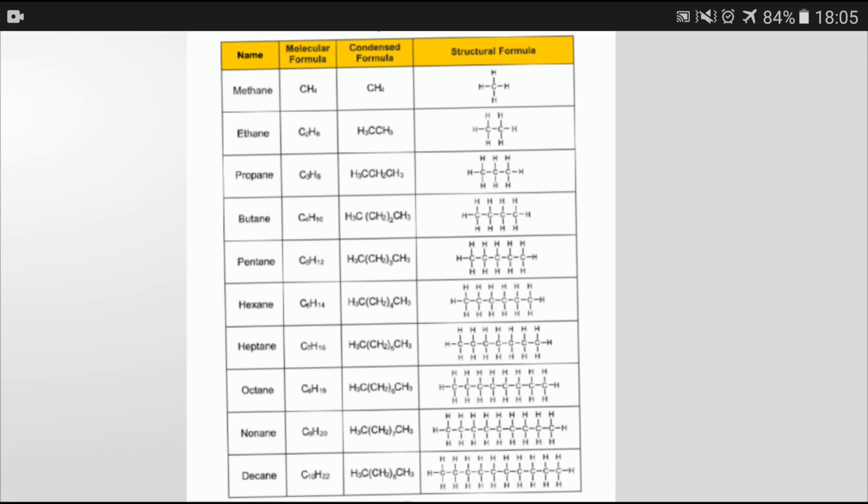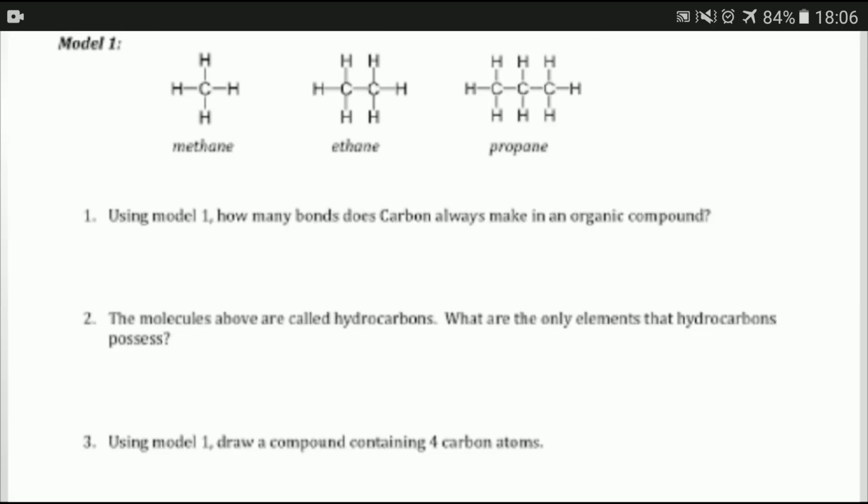First the molecular formula is written. In the second column, the condensed formula is written. There is each group that is attached with a carbon atom, group of atoms. Now last, the structural formula, with the help of single bonds by writing all carbon atoms in a straight chain, and with single bonds you can adjust all hydrogen atoms. Now the topic has been completed. First topic, types of formula of organic compounds.